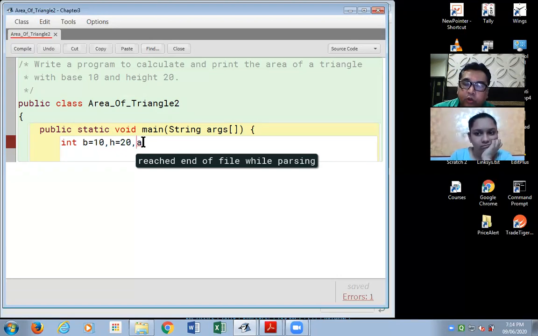Now let me tell you, you could have put forward a question to me over here that, sir, there's a possibility that a might work out to something else like a decimal value. Yes, there are possibilities. But in this first program where we are using variables and we are doing calculation, we'll get ready for that soon, step by step.